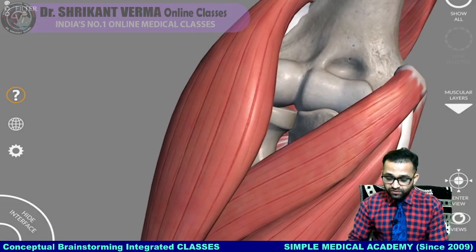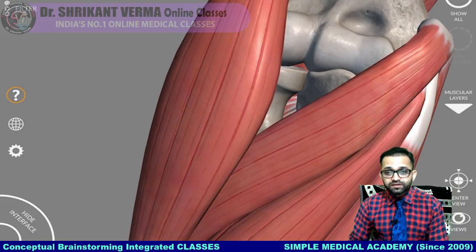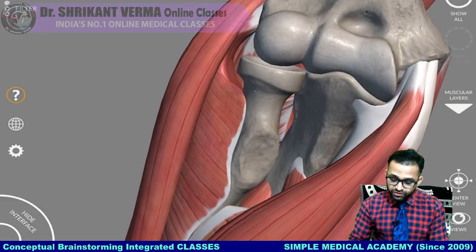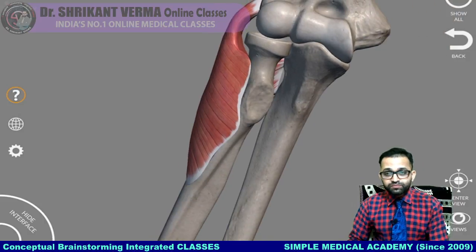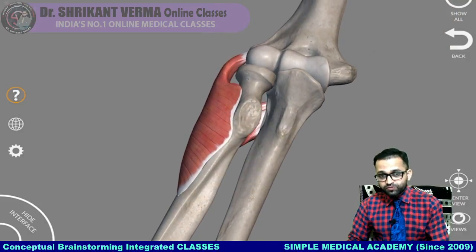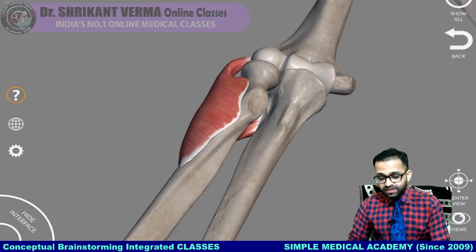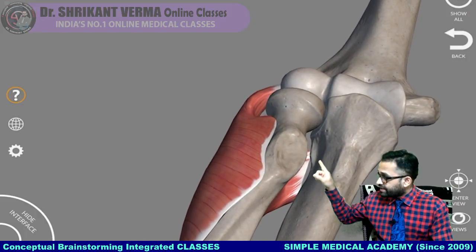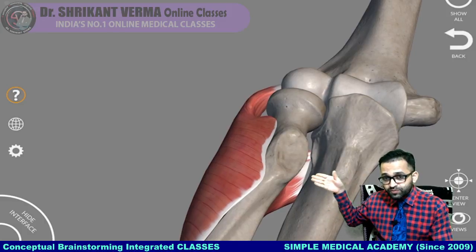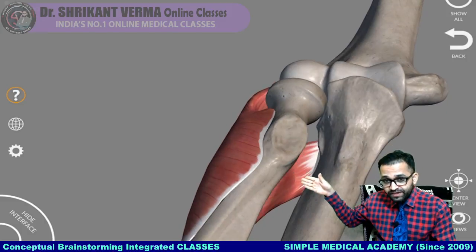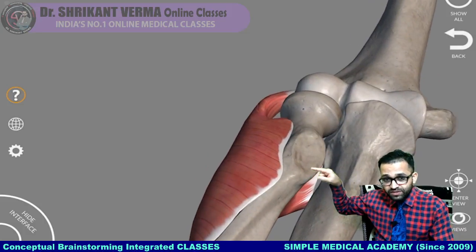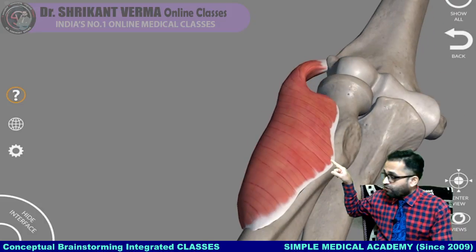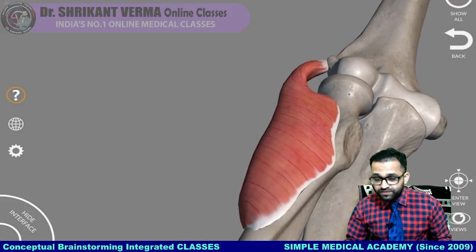So the triangular space is becoming more prominent, and when we are removing these boundaries, can you see at the depth this particular muscle is visible? Can you observe this particular muscle? It is taking origin from the ulna. This particular part is known as our supinator crest, and then this muscle is passing from the back side of the radius and winding the radius. Can you see? And then it is coming from the lateral side and inserted on the lateral aspect of the upper end of the shaft of the radius.